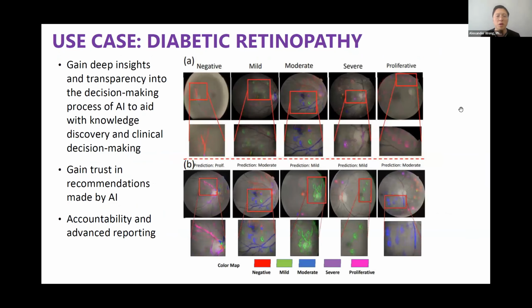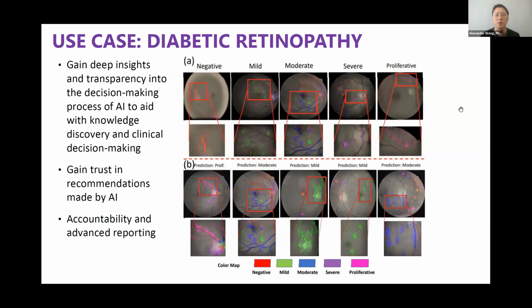From an explainability perspective, we've leveraged it for clinical decision support for diabetic retinopathy. When dealing with clinicians, right, radiologists, ophthalmologists, and so on and so forth, to give them just a prediction from an AI, it's usually a no-go, right?